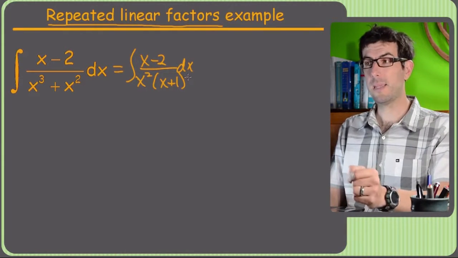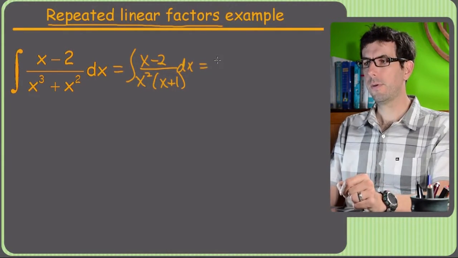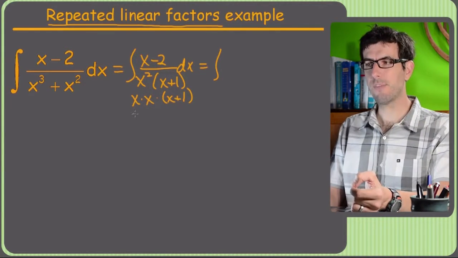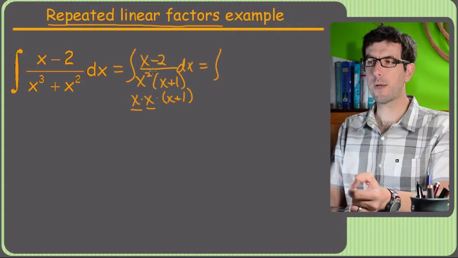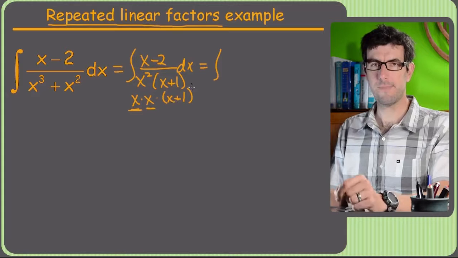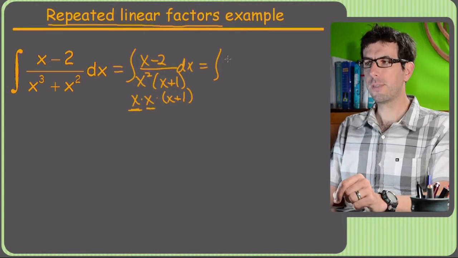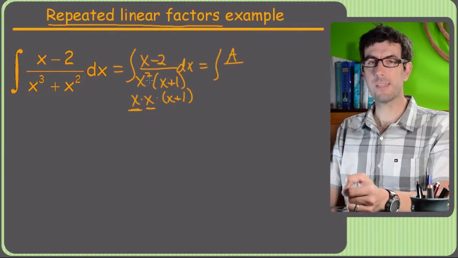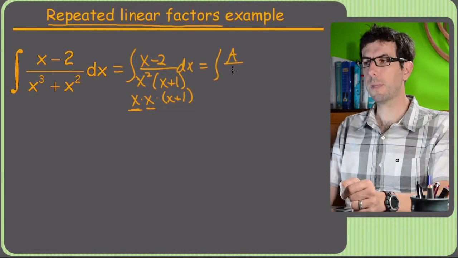Alright, so what do we mean by repeated linear factors? Well, here's the problem. Another way of writing this, x squared, is that it's really x times x. So the word they're getting the word repeated from is we've got x here and here. X squared is sort of a shortcut way to write x times x. So we've got x twice. What do we do about that? Well, it turns out that the way you deal with repeated factors is you have to give each power of x its own fraction. So I'm going to have a over x